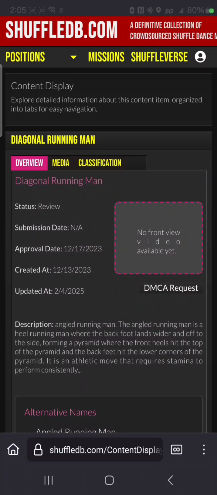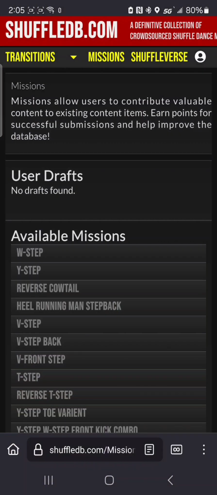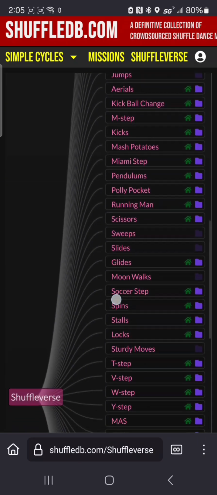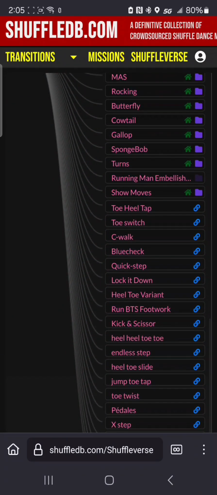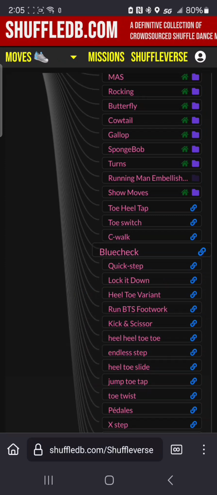On the content display page, we've got this area here, and I want it to show the front view by default. And then I want to be able to flip through it and see all the other views. Also, from the Shuffleverse page, I want to have some sort of preview of the content, like the nodes that are content items. Like if you click on this, maybe a rectangle would show up below it containing basic information and